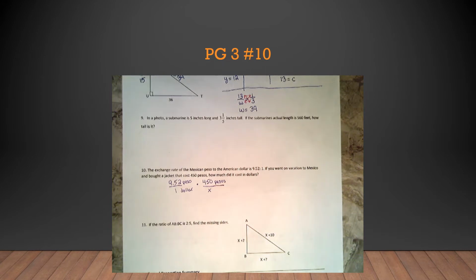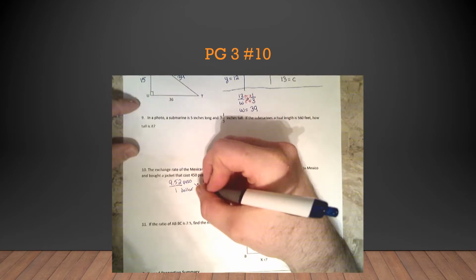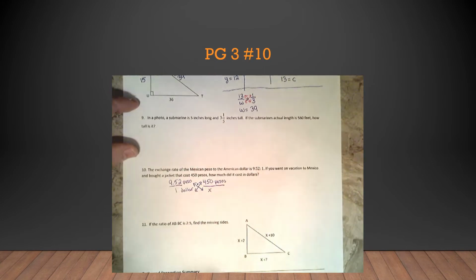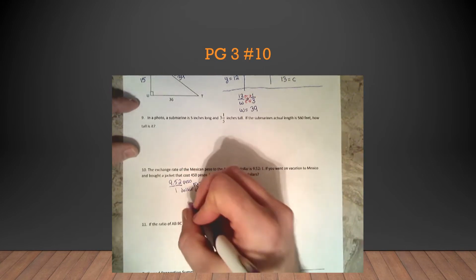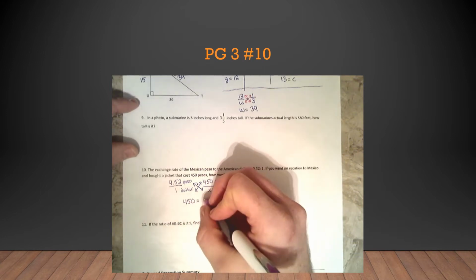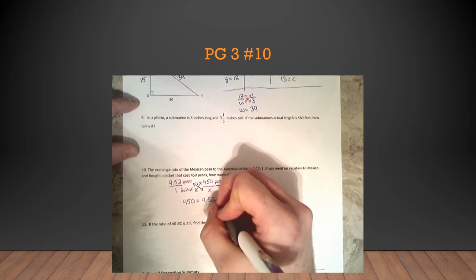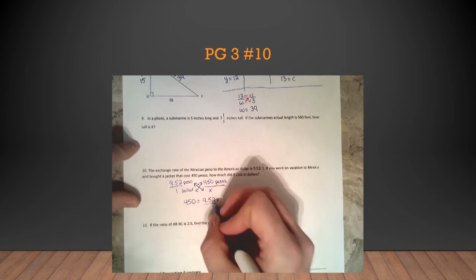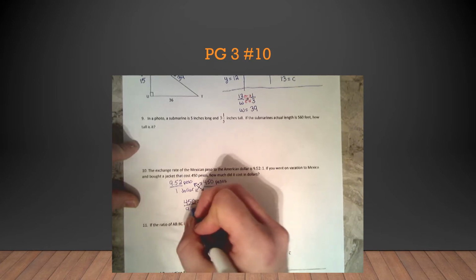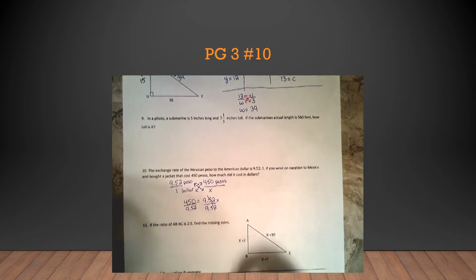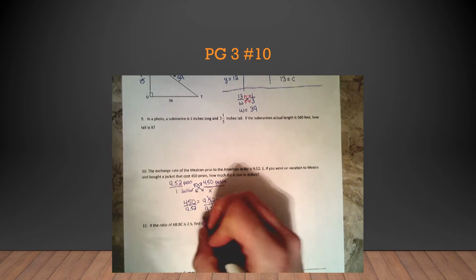Next thing I want to do is cross multiply. I would get 450 equals 9.52x. Next step, divide by 9.52 because I'm trying to get x by itself. By doing that, it cancels out on this side. So I have x equals